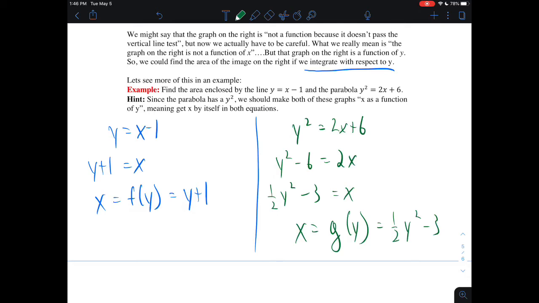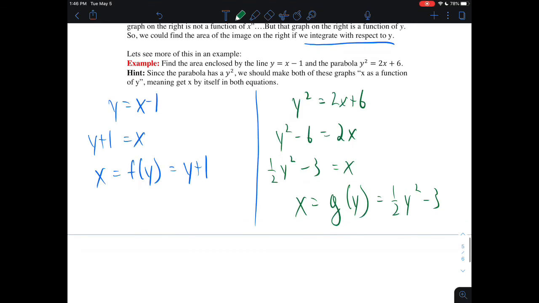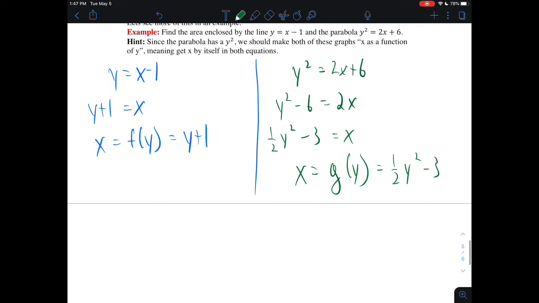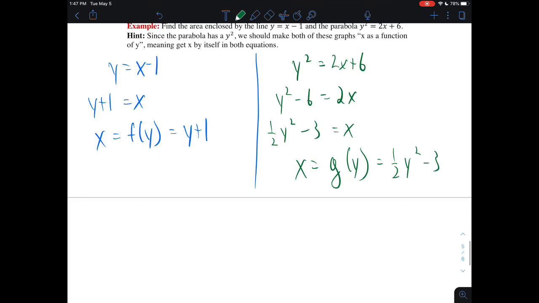And I'm intentionally using f and g to relate this to what we saw at the beginning of this lesson. So now I want to find the area enclosed by those curves. So just thinking of what we did before, we should draw a graph. And then we should also try to see where these curves intersect. And then we can figure out our limits of integration and which function has to be, quote unquote, above the other function. So to help us with our graph, I'm actually going to find the intersection points first,